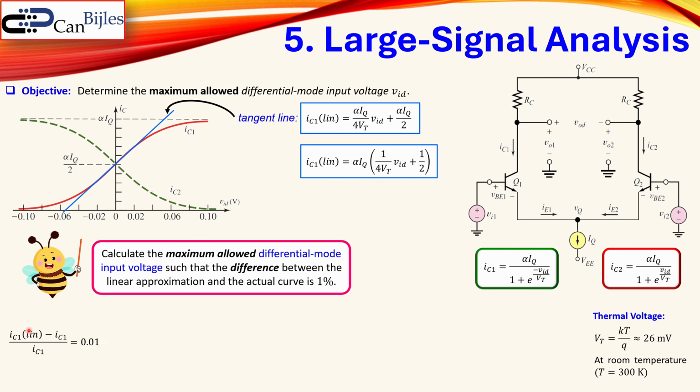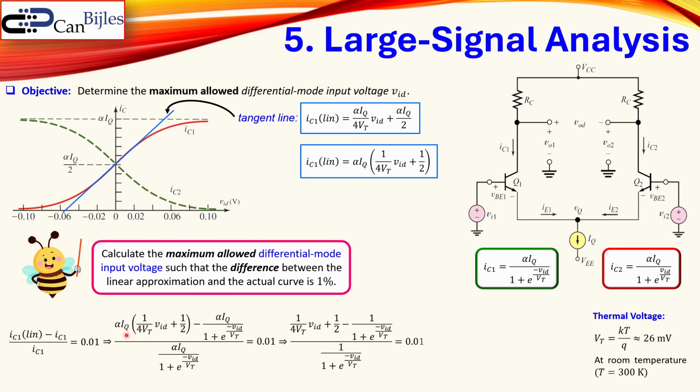So let's substitute the formula we have found, and also the formula for the IC1, which is the original formula, and then solve it. So we have here the formula. You see it is now, of course, a big formula. You cannot solve it by hand maybe, but you can always use a calculator. We can also massage it a bit, because we see alpha IQ here and alpha IQ here, so we can divide it all out. And that's also gone. Of course, we can continue and further simplify it, but you can also just put it in the solver, and then you get a value for VID, which in this case is